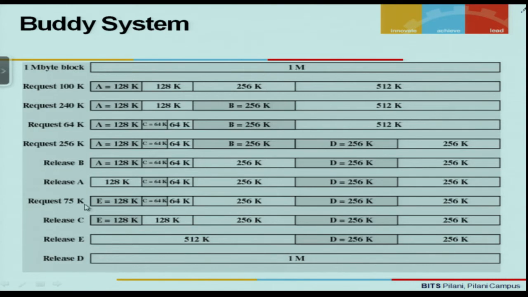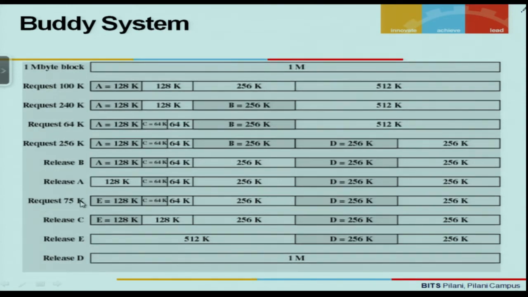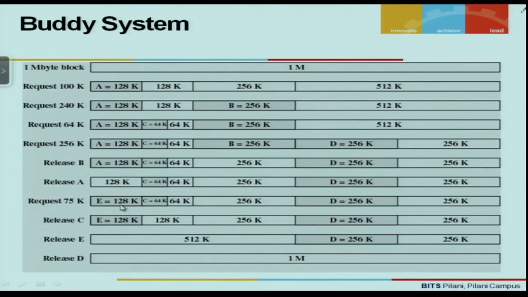For this particular process, we know that it will fit into a 128K block. It is greater than 64K and less than 128K, so it will fit into a 128K block. So the block which was just released a while ago gets occupied by this.